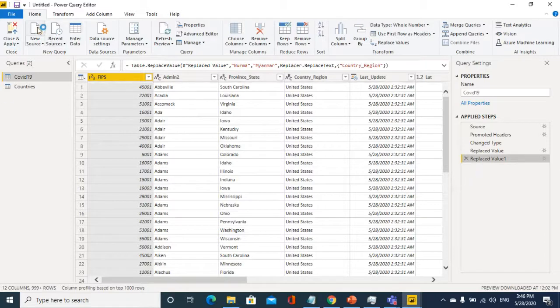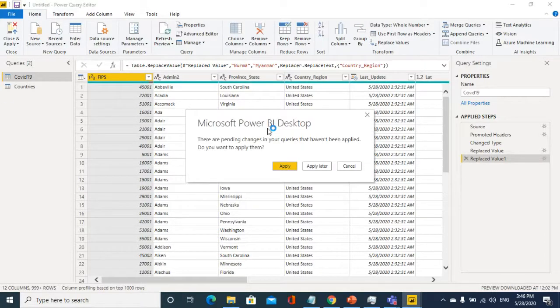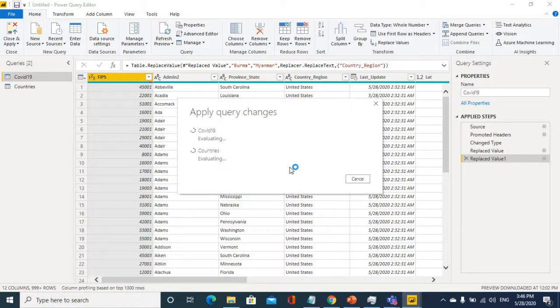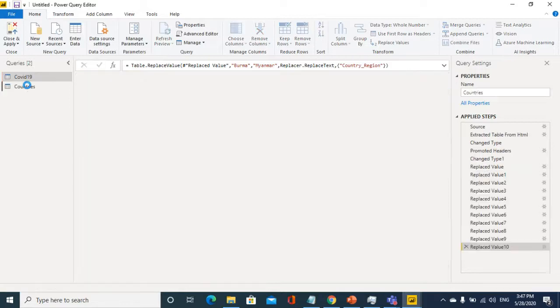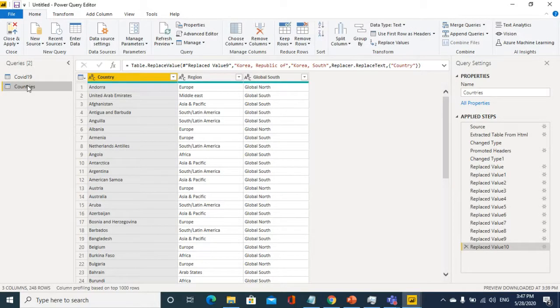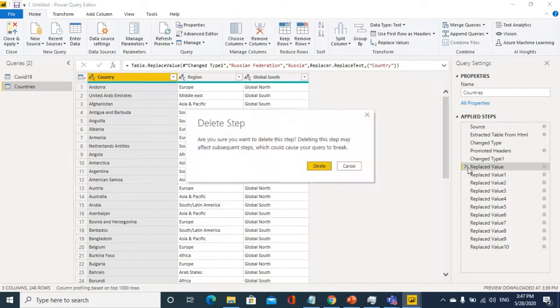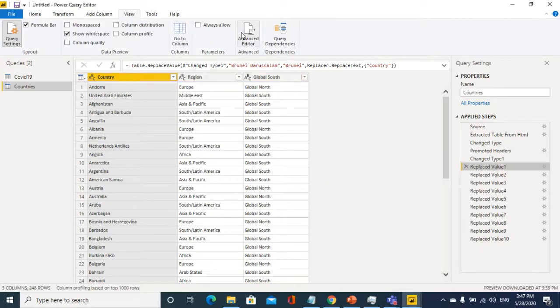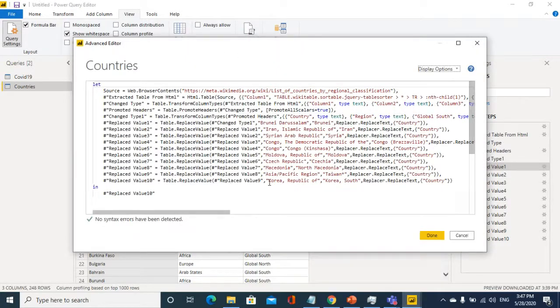Let me first save and then merge. Let me delete these steps. It is not able to find this column.